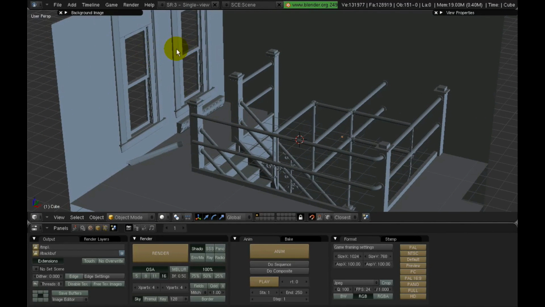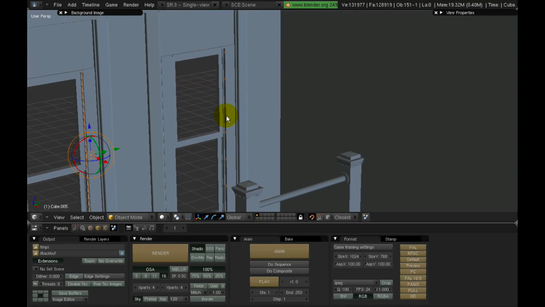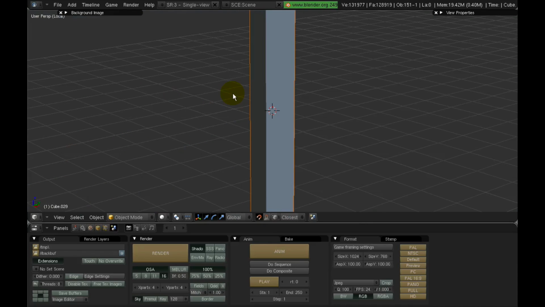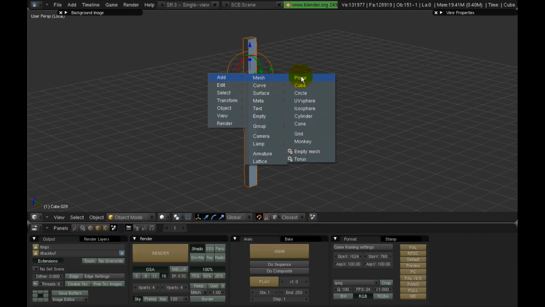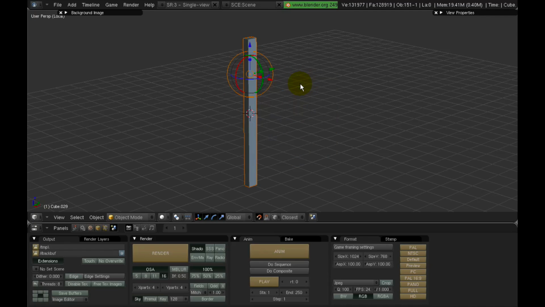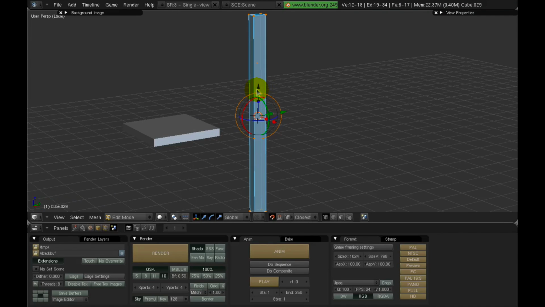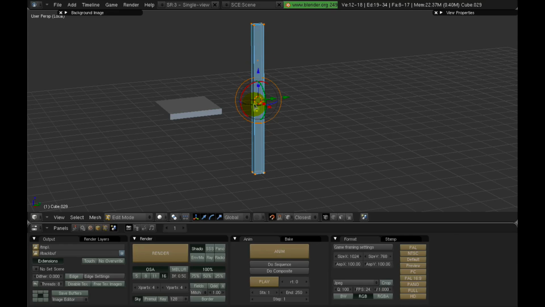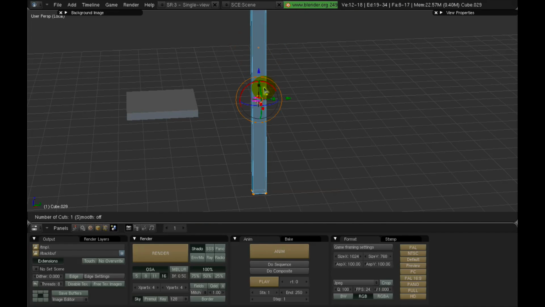And another thing that I did in the tutorial was to create temporary geometry in an object. And in the case of one of the trim pieces on the window, I created a loop in the center of one of the trim pieces and then snapped an object to that point and then deleted the loop that I created. And so I'll create a temporary loop with Control R and set it with the middle mouse button so that it's centered in the object,